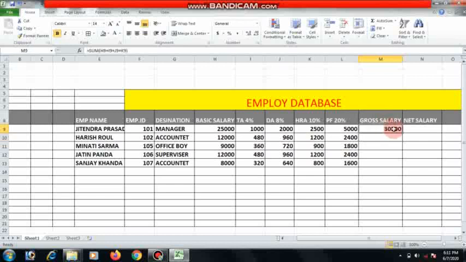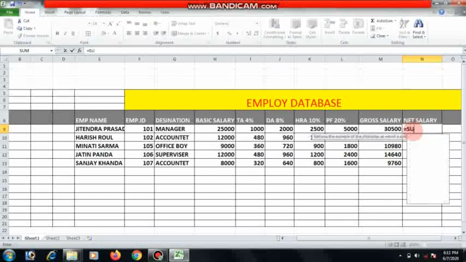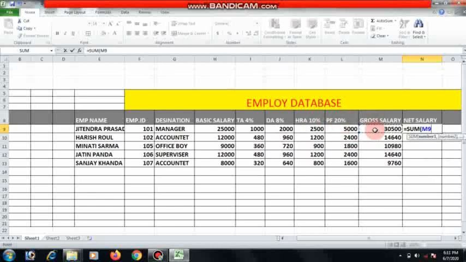Okay, this is the gross salary, and net salary is equal SUM bracket start basic salary, gross salary minus PF and bracket close. This is the net salary. Okay, and it is the arithmetic function.